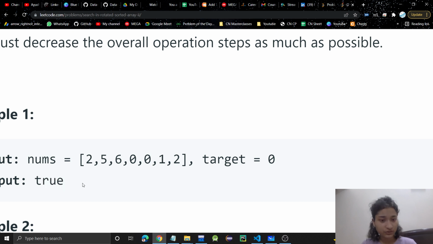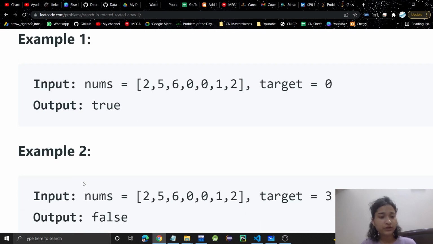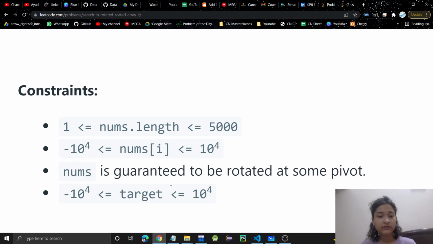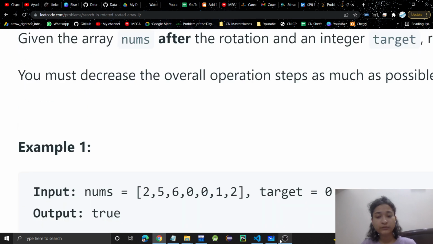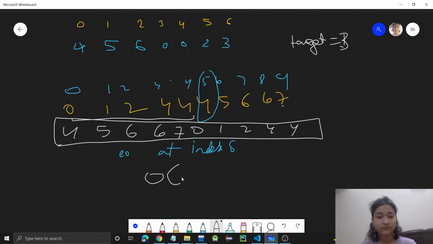This is one approach, but this approach is not efficient, as this approach will be O of n. Although it will get accepted, it's not that it will not be accepted, it will get accepted, but the thing is, this is not an optimized approach, and when you are in an interview, they will be expecting the optimized approach. Why is this O of n?